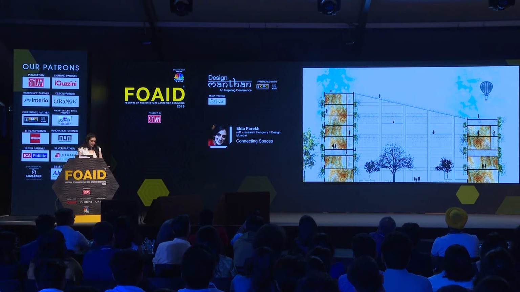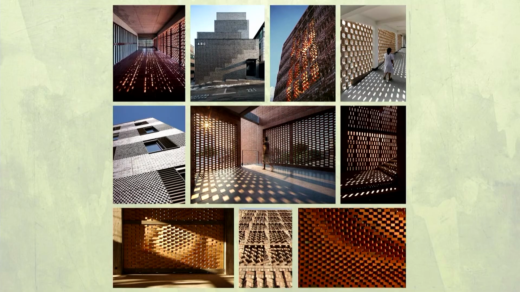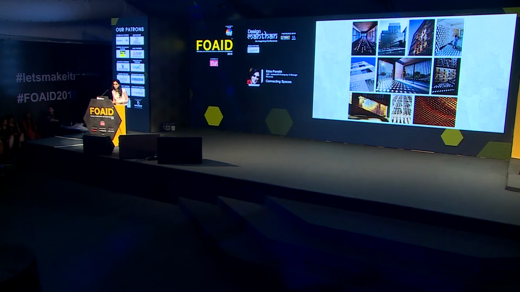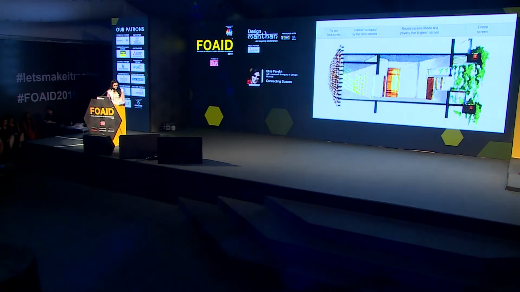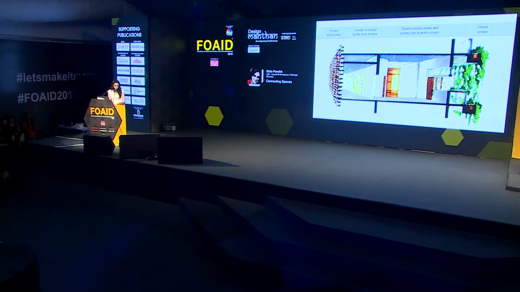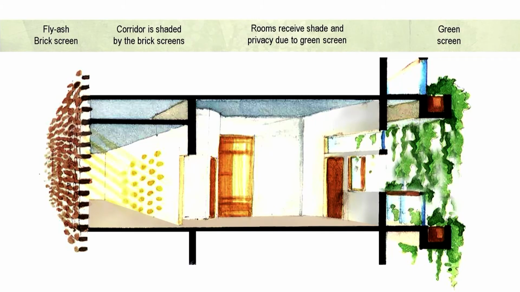This central atrium-like space has connections with half the rooms through green planter beds and with the other half of the rooms through corridors, the circulation spines of the space. The corridors are designed to activate a play of light and shadow. They are flanked with brick screens that facilitate shaded, filtered light entering the space and sufficient wind circulation to keep the space cool in the summer and warm in the winter. The choice of brick has been fly ash as against traditional clay since it's stronger, lighter, more consistent in finish and more economical, but mostly because it reduces the risk of carbon footprint by avoiding combustible coal from thermal power plants.